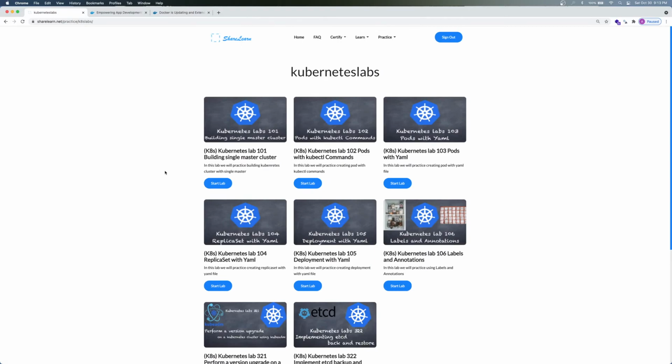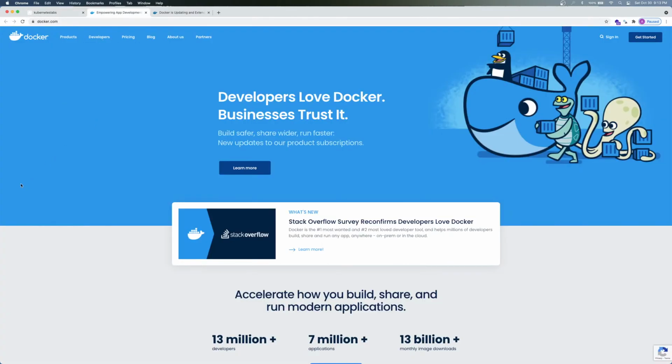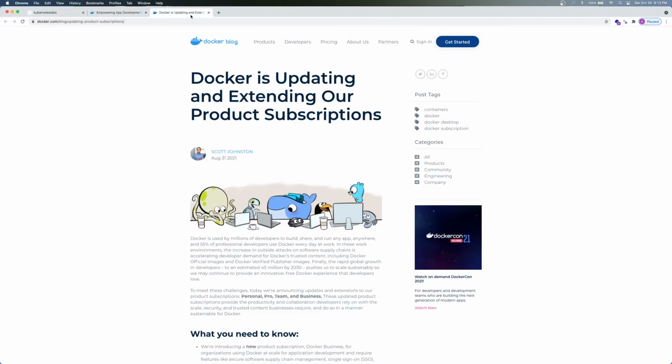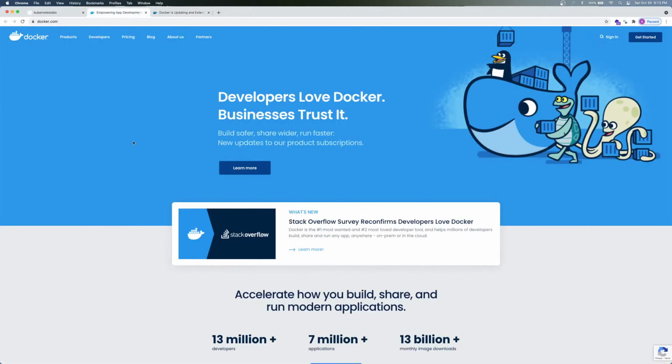It'll ask you to log in the moment you put start lab here. It's just a Google sign in, so it's very simple. You just click it, pick your Google account, and you should be able to access the lab. For the labs, we host the steps, but the lab environment is actually hosted on Docker environment called